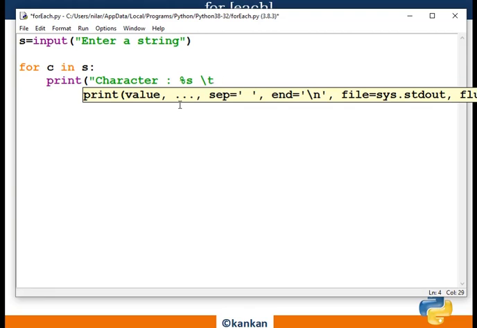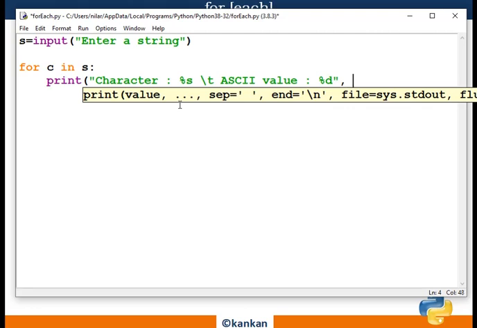This is the tab, and the ASCII value will be printed using the format specifier %d.